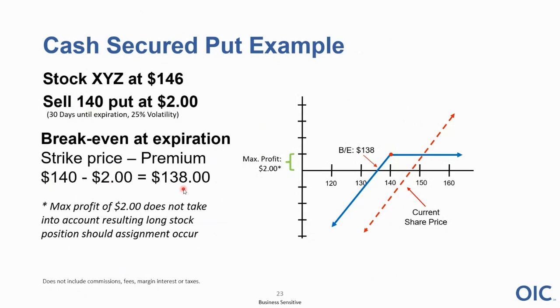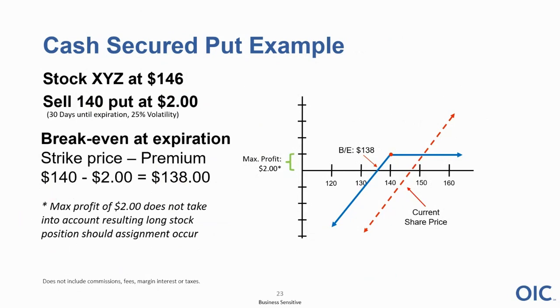But keep in mind, our idea, our intent when we did this trade was to buy stock for $140 a share when it was trading 146. So we're buying that dip. We're buying stock below the current share price. So the cash secured put is typically a strategy that people use when they feel that there is going to be a temporary downturn in the market or a temporary downturn in a particular stock, and they want to take